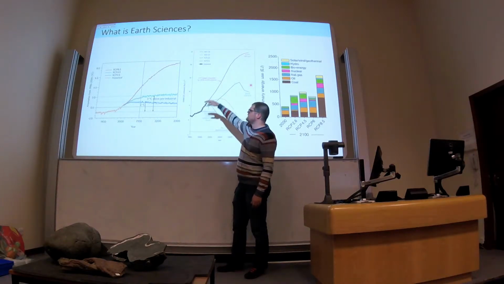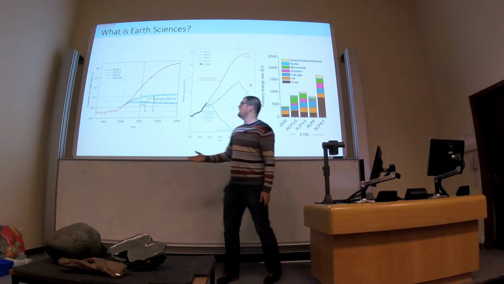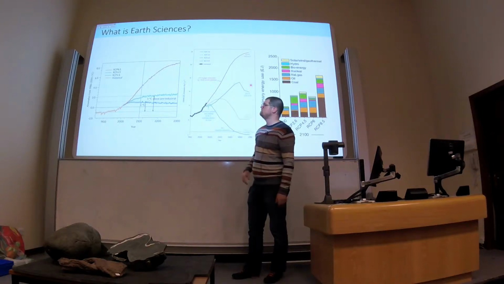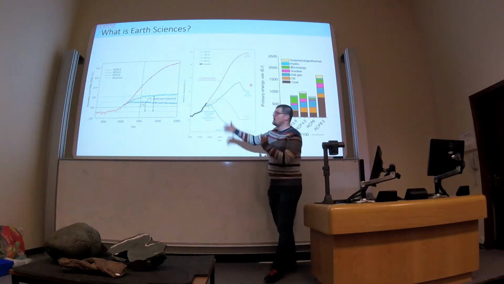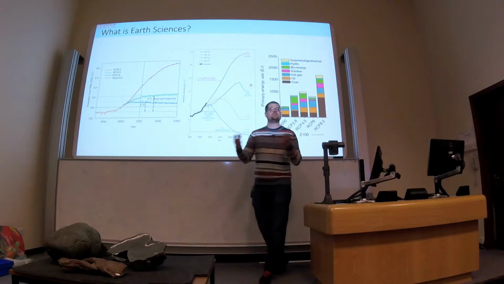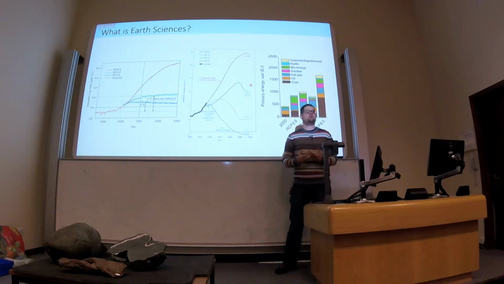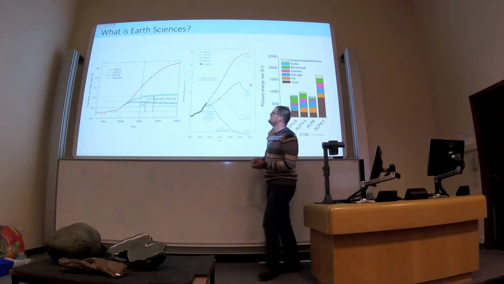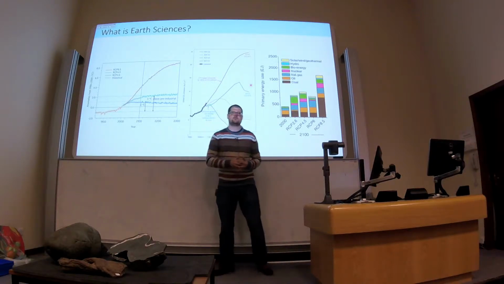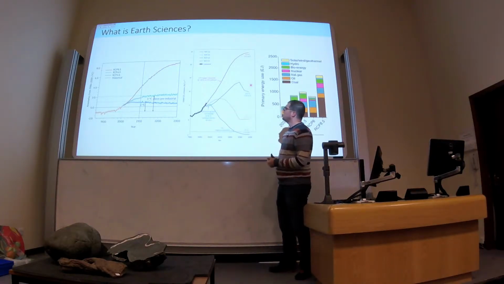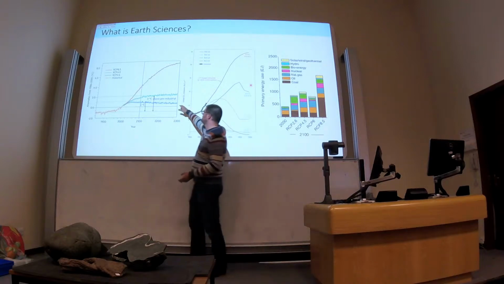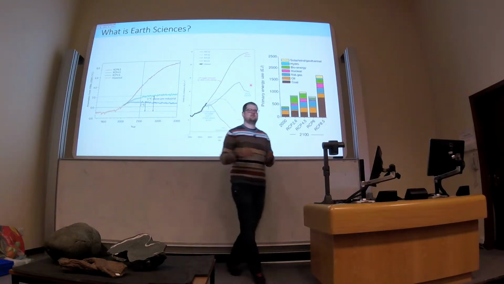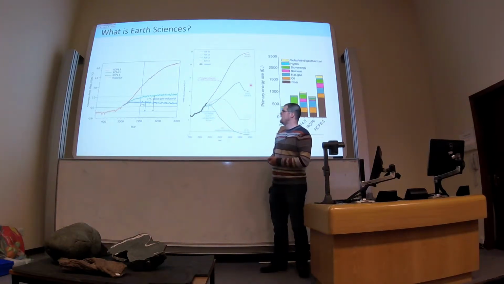And you can see that the different coloured lines increase with temperature through time, okay? The different coloured lines are basically different emission scenarios. They're different choices that we can make as a society. So the red line is we carry on burning fossil fuels like they're going out of fashion. And the blue line is we do everything we possibly can to stop burning fossil fuels.